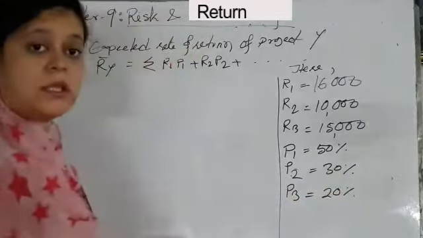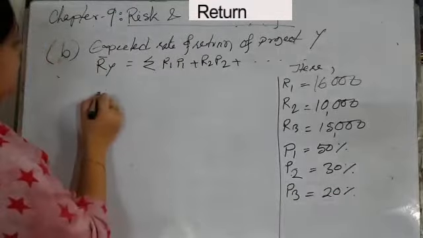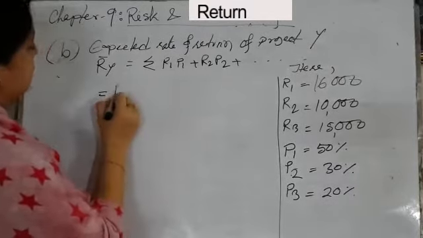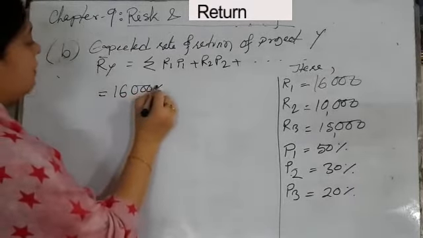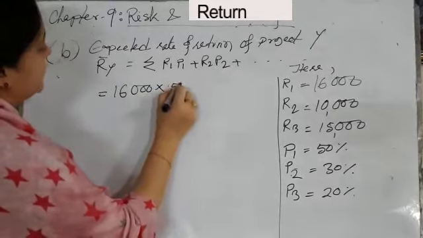Now I am putting all these values in the formula, that R1 means 16,000 multiply 0.50